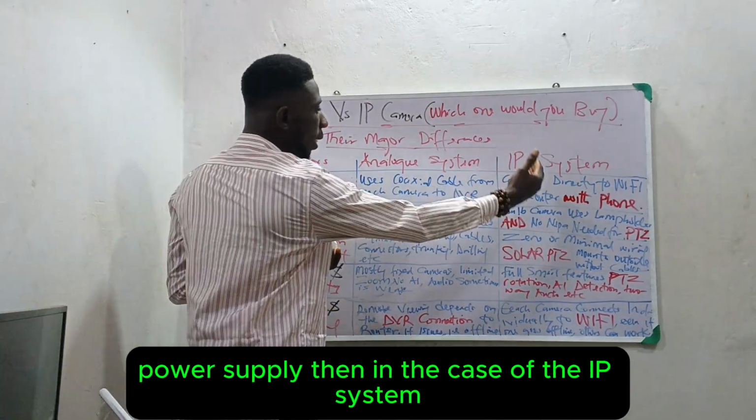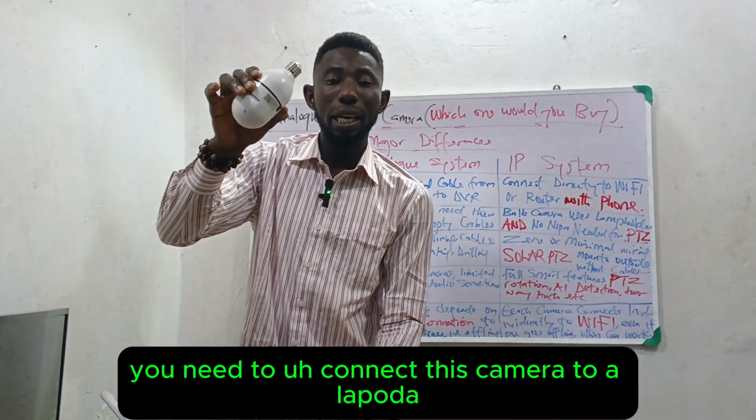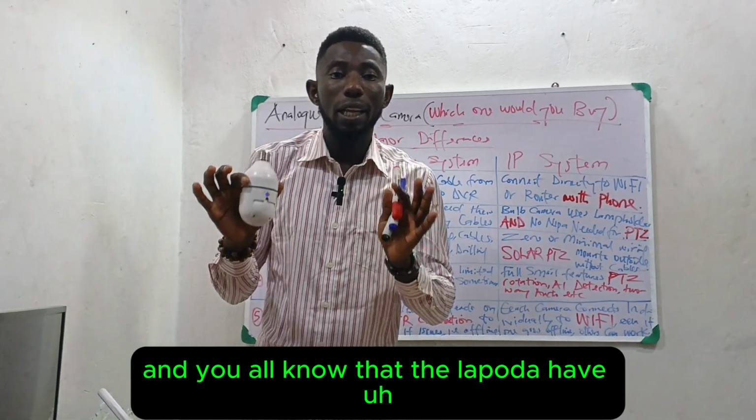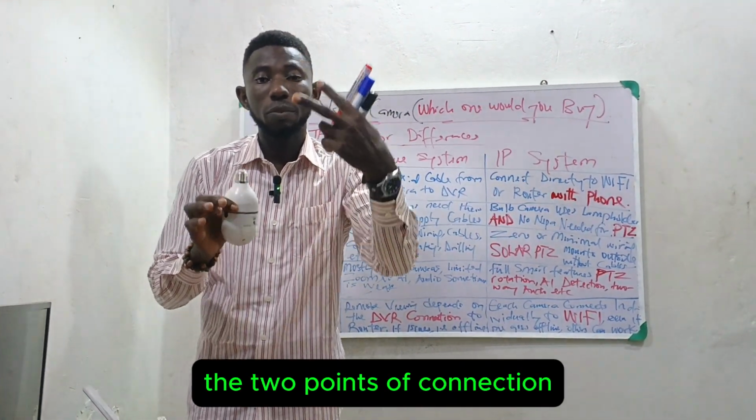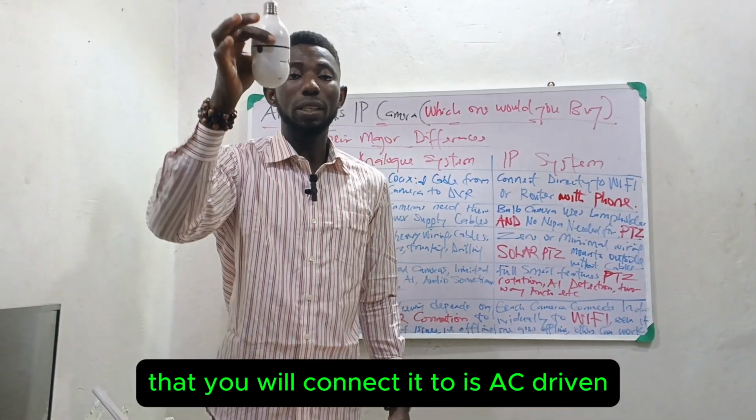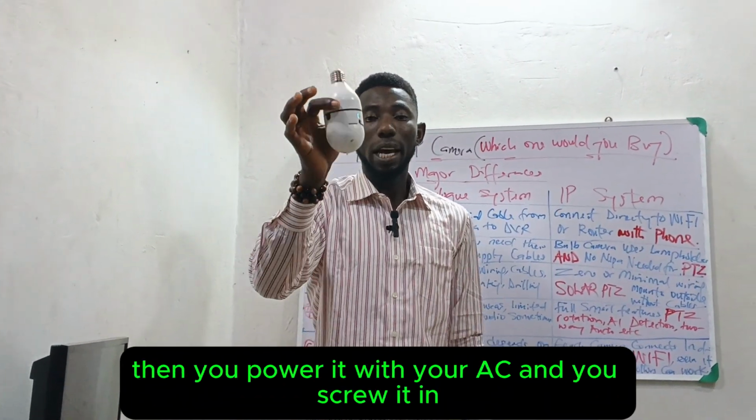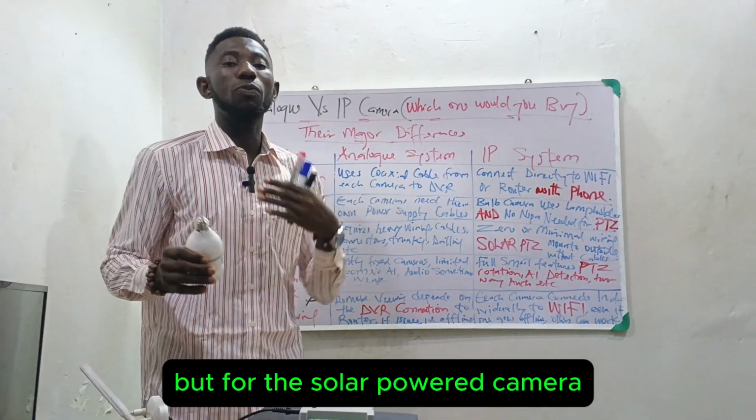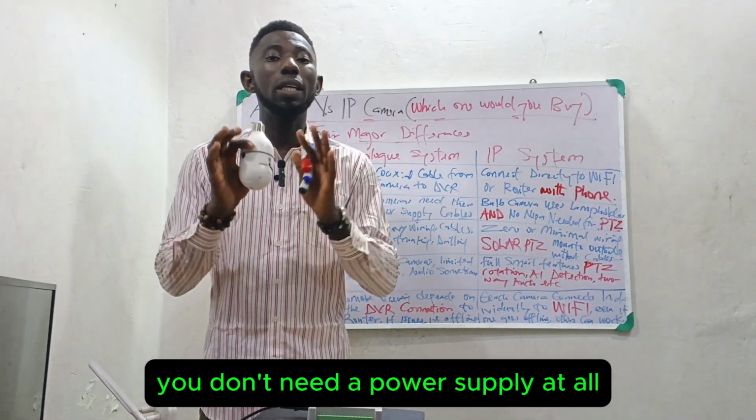Then, in the case of the IP system, if you are installing this camera, you need to connect it to a lap holder, and you all know that a lap holder has two points of connection that you connect to an AC power source. You power it with your AC, you screw it in, and the camera starts working. But for the solar PTZ camera, most of them, you don't need a power